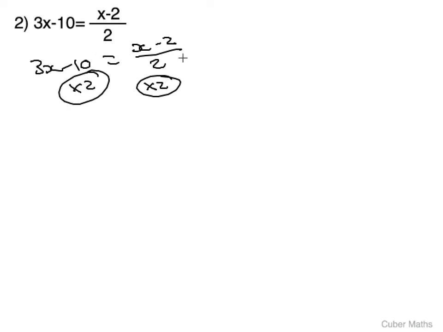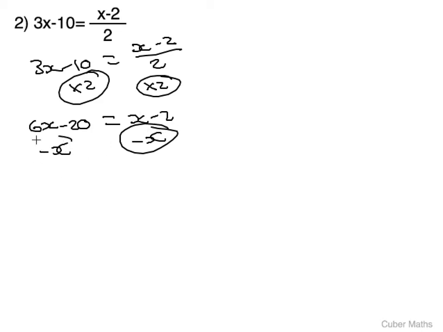So that means our left hand side is going to be 3x times by 2, which is going to give us 6x, and then minus 10 times 2 is going to give us minus 20, is equal to just x minus 2, because it's x minus 2 divided by 2, and we've times by 2, so we've cancelled out the divide. Now we want to get all our x's on one side. So what we're going to do is take away x from both sides in order to eliminate x on this right hand side. So when we take away x, we end up with 5x minus 20 is equal to minus